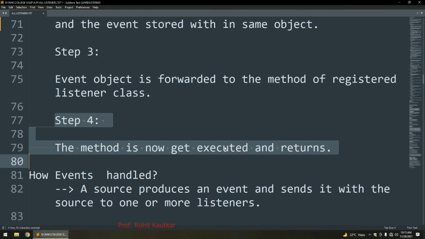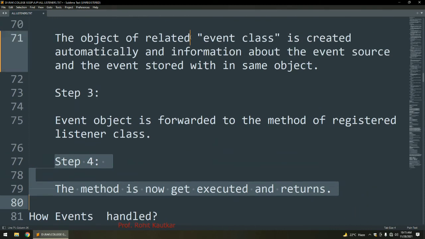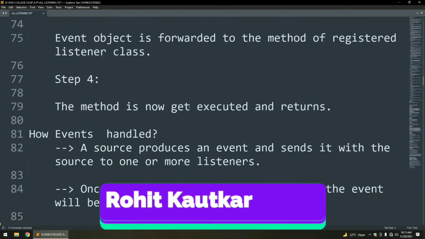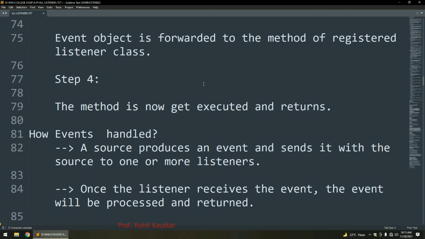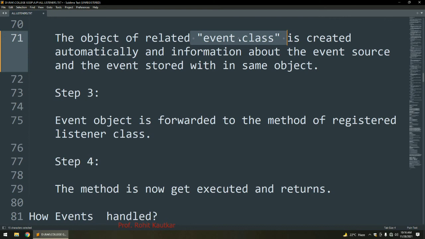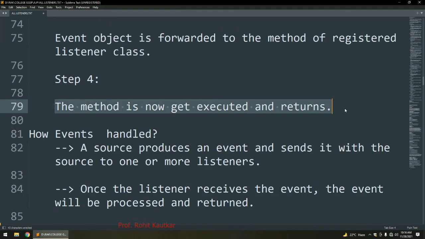Within this method, we have the object of the event class as a parameter, so we can fetch all the details of the event within our method. There are different methods for these event classes. These event classes contain different constants and methods, and we can use all of them within our method in order to write our logic.